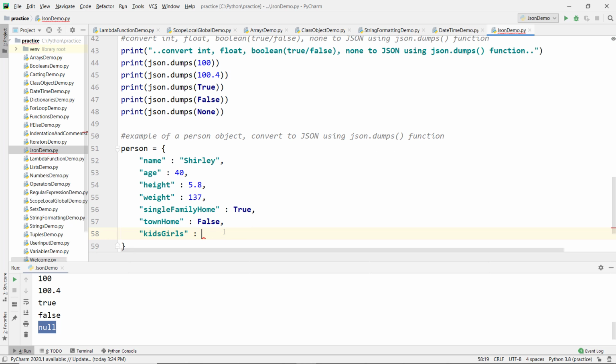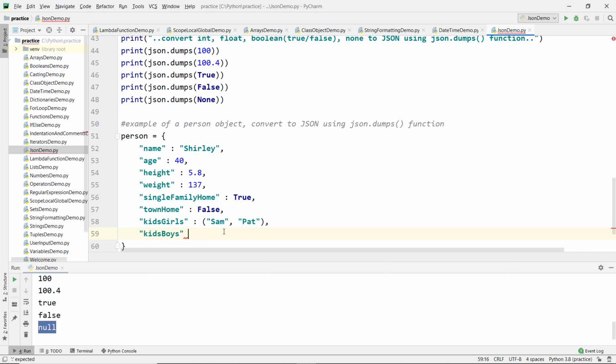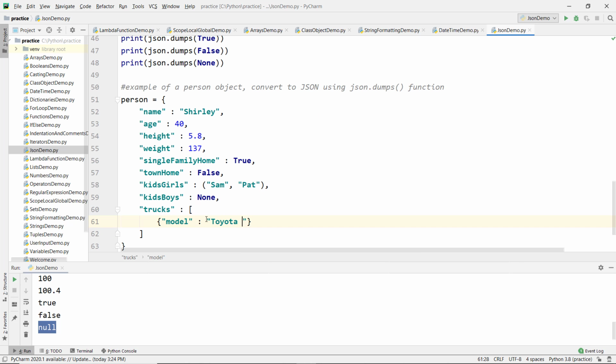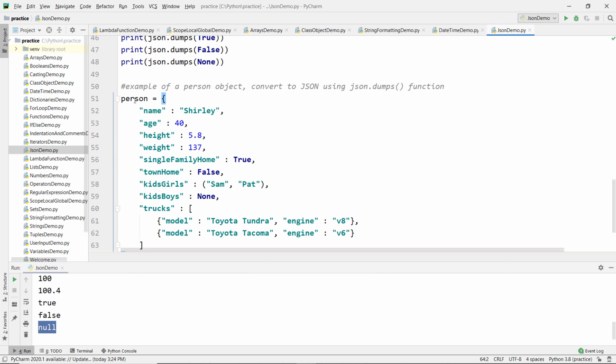Kids: girls, yes she has, Sam and Pat. And boys, she doesn't have any boys. And trucks: model is Toyota Tundra and the engine is V8. Similarly, Shirley has another truck, the model is Toyota Tacoma and the engine is V6. So this is our person object.